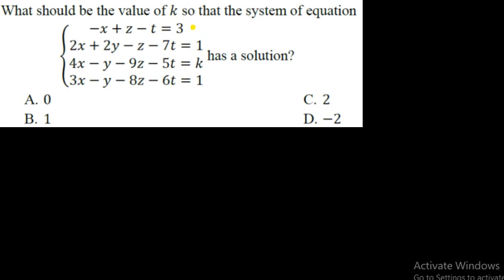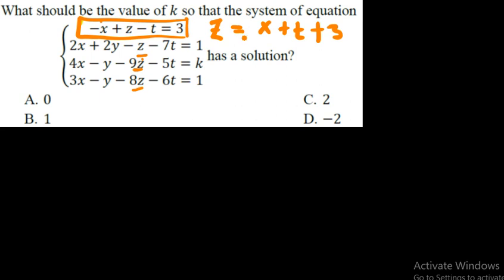First of all, from the first row here, we can express z is equal to x plus t plus 3. We can shift x to the other side, as you see, x is shifted and the t also, and then we can substitute in place of z in the second row, in the third row, and in the fourth row,